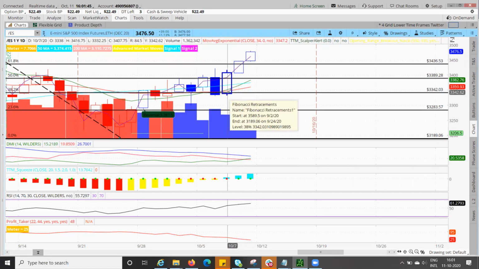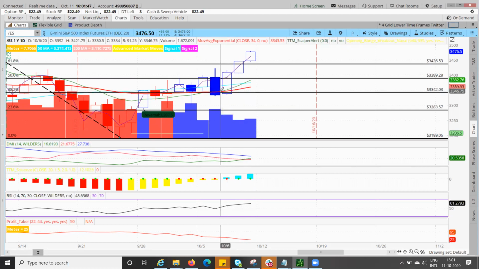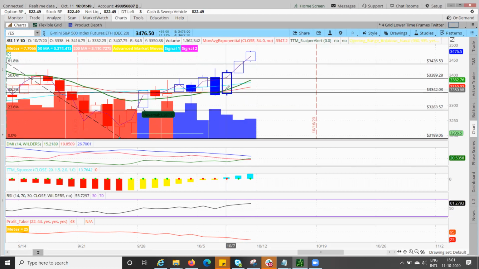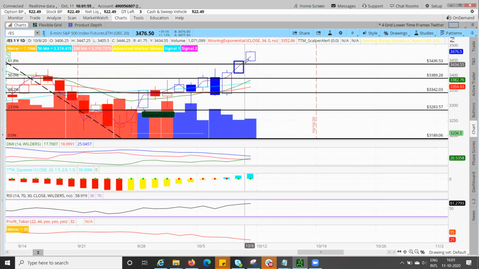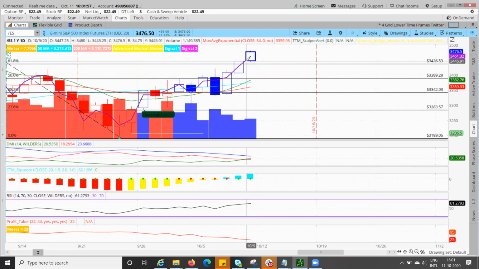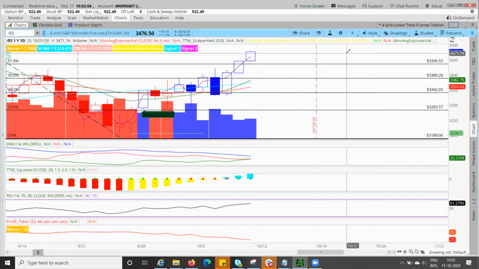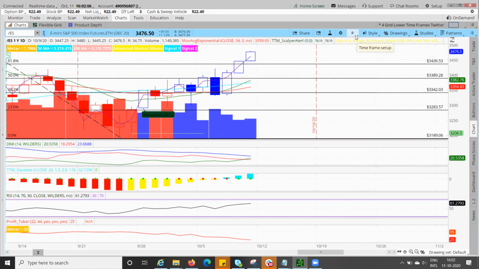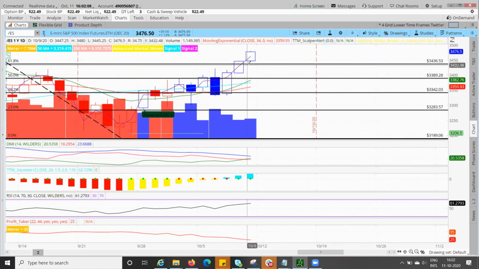So you change your direction. Up till here, you were short. Now you have to go long. If you buy here, which was around 3,454, you would have made 90 points. So based on this, you are going to play a 30-minute directional trade based on the levels which you see on a daily chart. This gives you a direction that my upside target is 34.36 first, and then I have 3,500 in my mind.